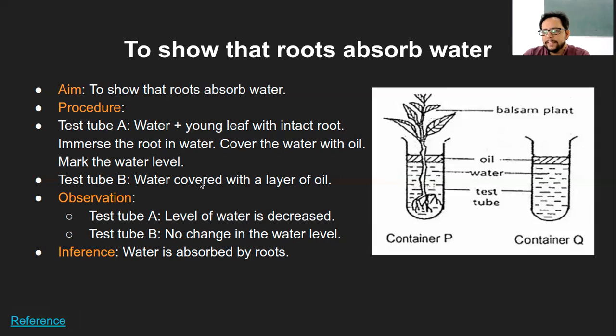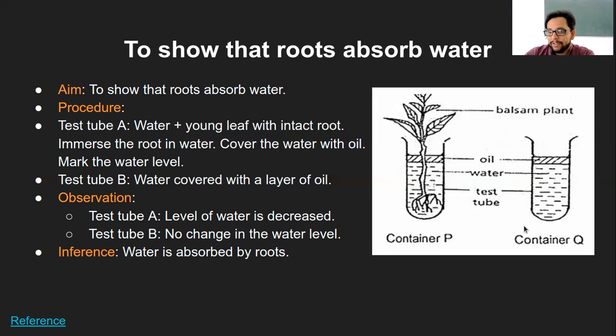And let me also emphasize the fact that these kinds of diagrams are usually asked in the question. So usually what we have is different setups being shown in the diagram, what we call a diagram based question. Ideally, what I should have done here is I should have shown the setup of the experiment, and at the end of the experiment how it will look. That is again another test tube, that is container A with reduced water level and container B with the same water level. That should have been shown ideally, but I guess this is okay, you can understand that part for sure.